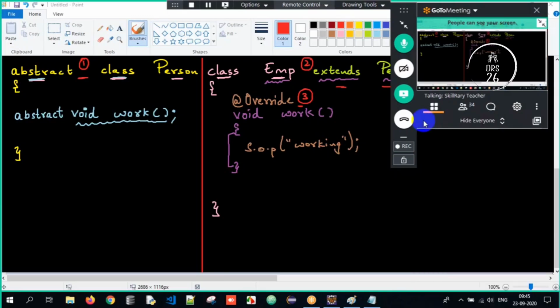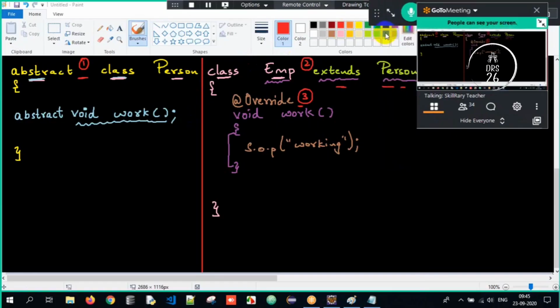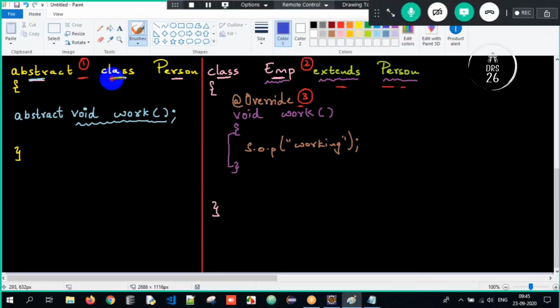So here, common sense again. Sir, this is an abstract class. In a class, if I do not specify any access specifier, see, there is no access modifier used, so automatically it is default. Correct. So when I override it, the access specifier has to be default or I have to increase the visibility. Here, this is an abstract class, so while overriding, the access specifier is default. I can retain it as default only.